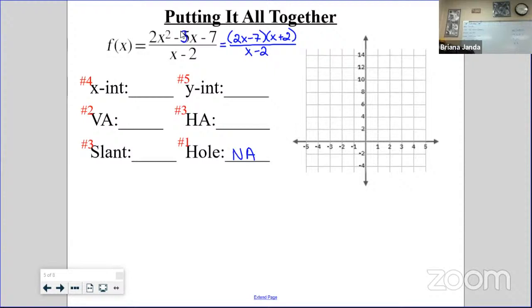My vertical asymptote is anything in my denominator set equal to 0. It has to be written as the equation of a line. So x equals 2. So graph that. What is new today